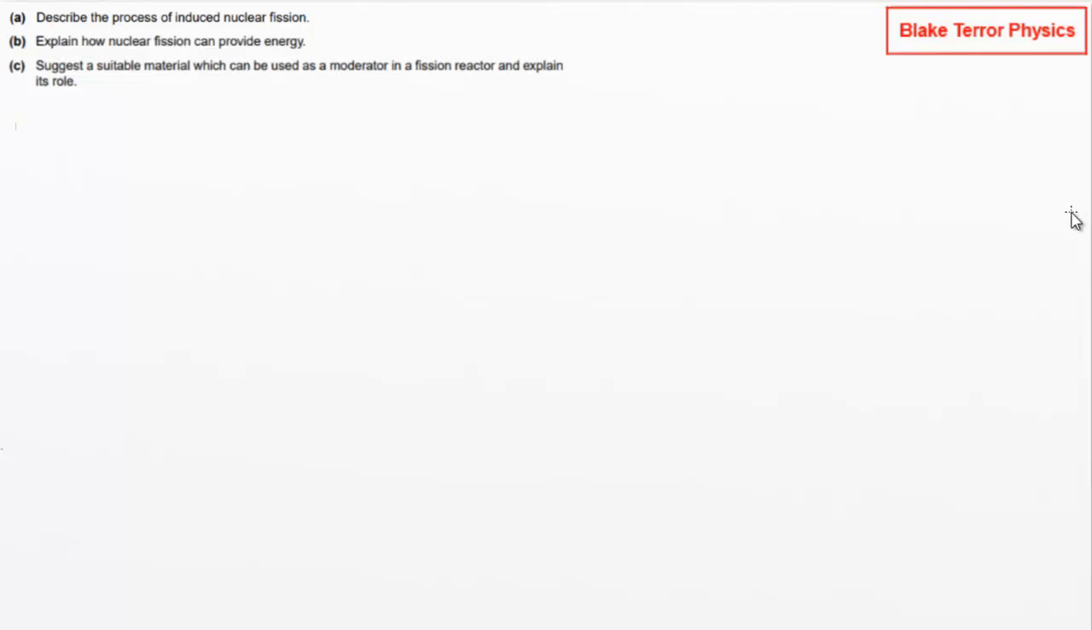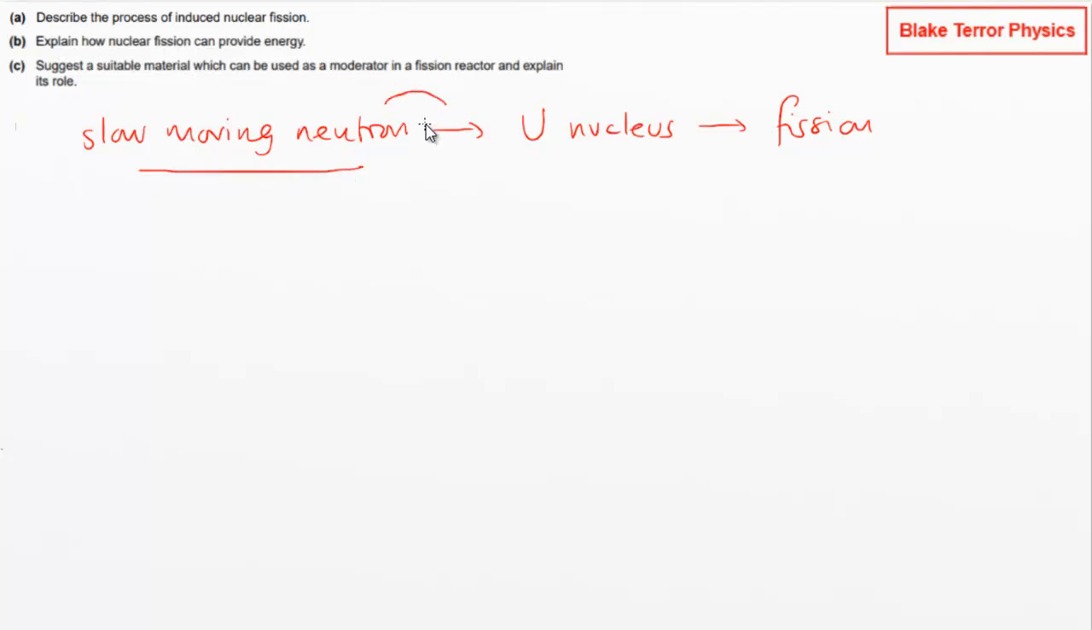Third one, describe the process of induced nuclear fission. So the point of that is you fire a slow-moving neutron into a uranium nucleus, and that causes fission. The nucleus will divide. It's that firing in of this neutron, that's the induced part of it. The uranium was sitting there relatively happily until we fired that neutron in, and then that